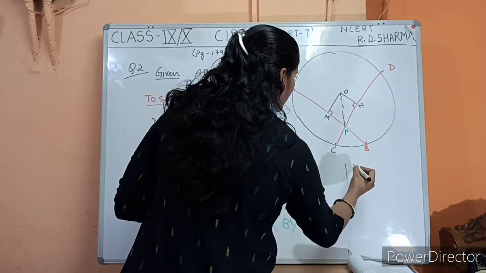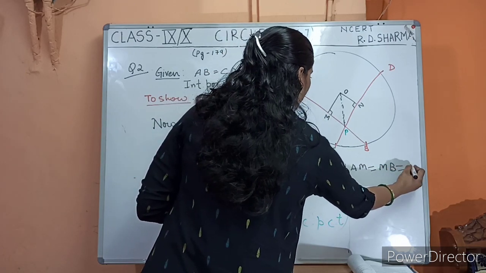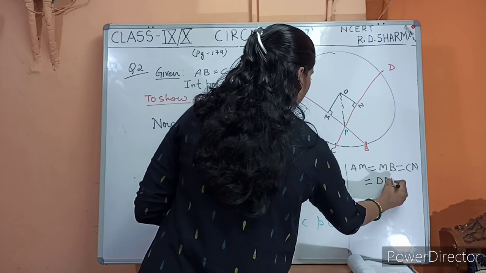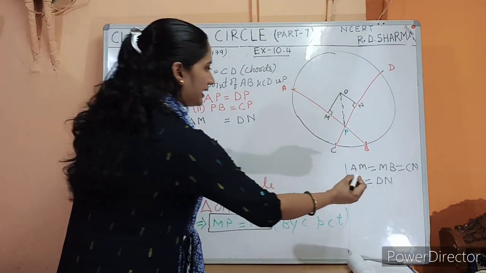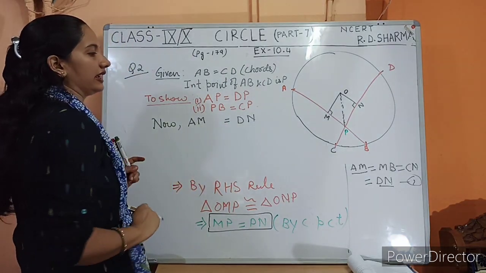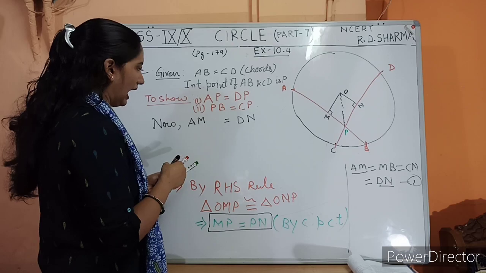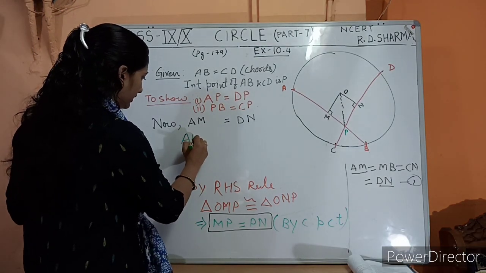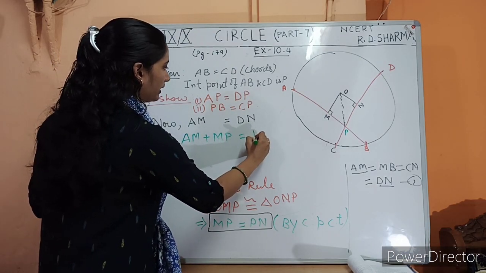What was that? In equation 1 we have proved that AM is equal to MB is equal to CN is equal to DN. So these four parts are equal to each other. So through this equation 1 I can write this is equal to this. I have just taken two terms of it, and into this if I add the common part, means if I add the part MP in both the sides